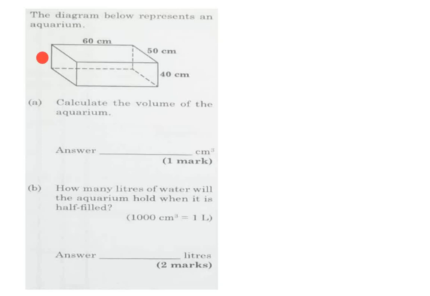Now, question 32 is a volume question, right? So, like we were saying, we're looking at this shape here, and they gave us the dimensions of it. They say this is representing an aquarium, and we need to calculate the volume of the aquarium. So, in a question like this, first thing that we need to look at is what shape is it that